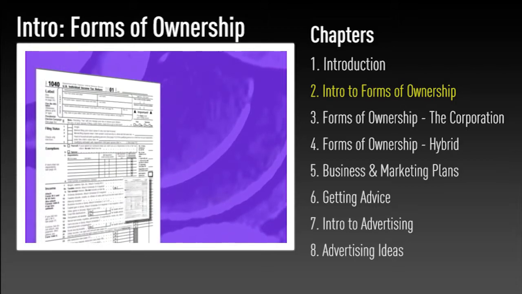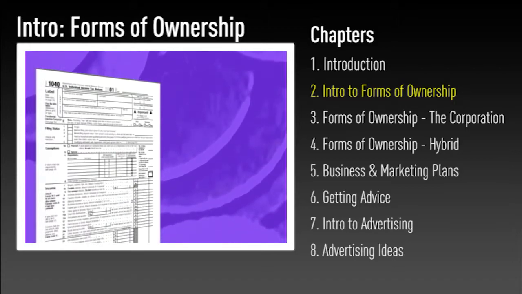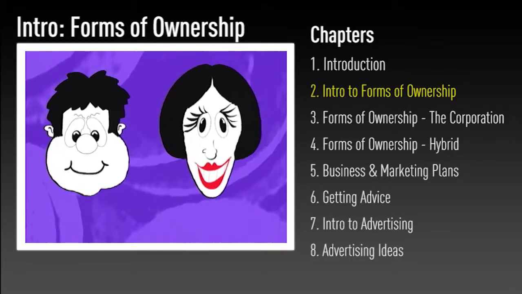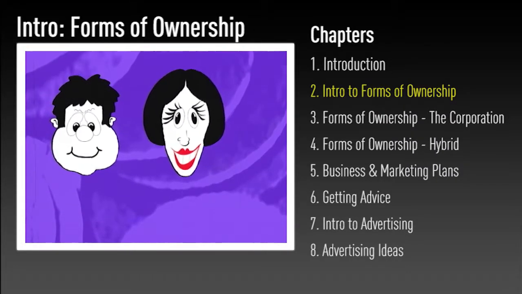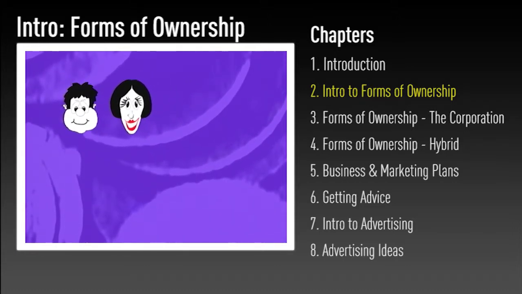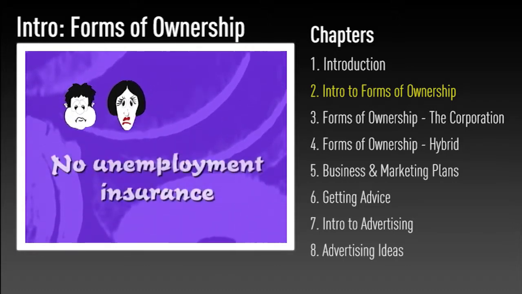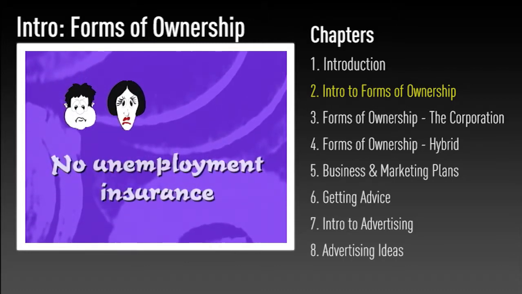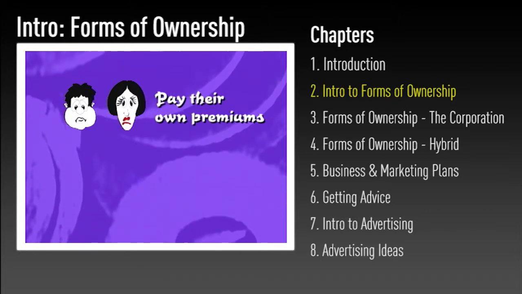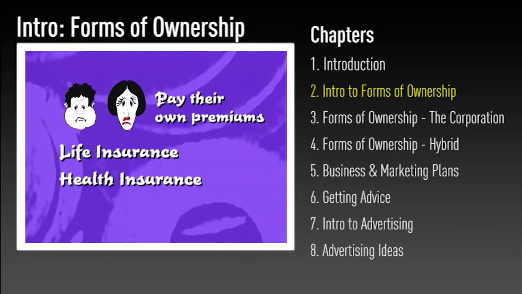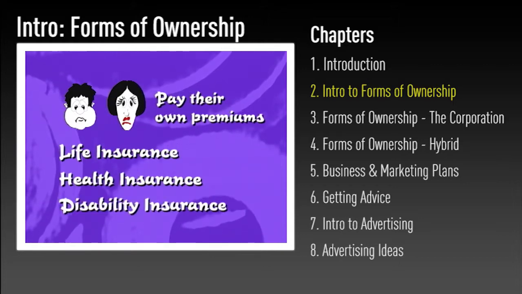The Schedule C income is carried to their personal tax return. Unlike employees, Mike and Peggy have nothing taken out of their salaries for unemployment insurance. Unlike employees, if Mike and Peggy don't have any work, they won't get paid and they won't collect unemployment insurance. Unlike employees, Mike and Peggy have to pay out of their pockets for life insurance, health insurance, and disability insurance